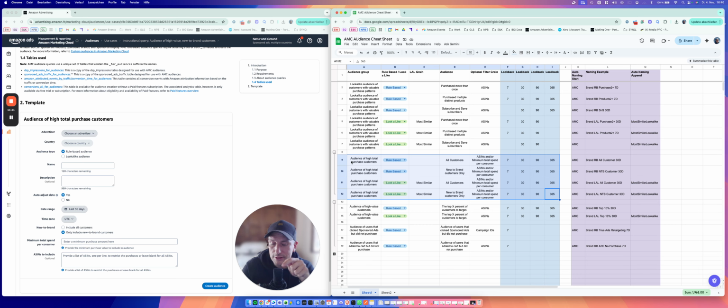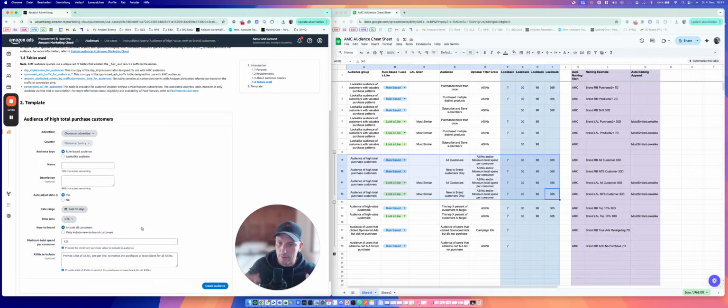And then what you can do here as well, which I also did in the past, is add another grain for ASINs, of course. I think on almost all of them, you can add an ASIN grain to slice down for specific ASINs. Or here, this is especially interesting to me, minimum total spend per consumer. So you could say, hey, I have a product, this costs $25. I want people to have at least spent $125 on my brand, right? So you see, they at least bought 5 units of your products within the last 30 days or within the